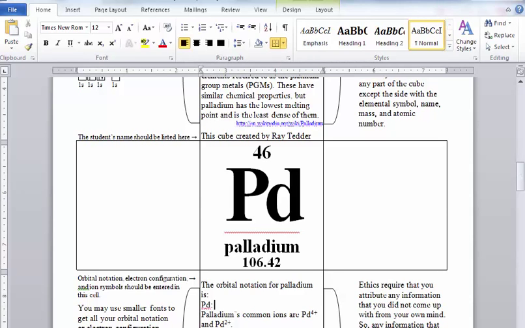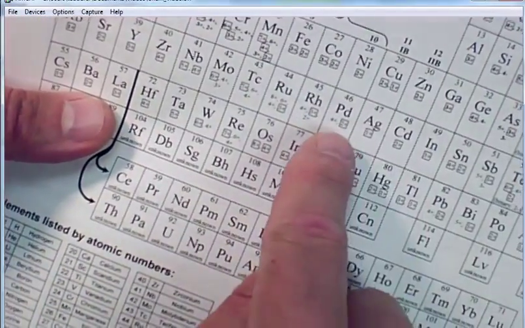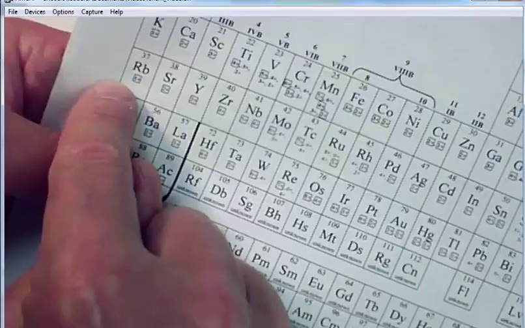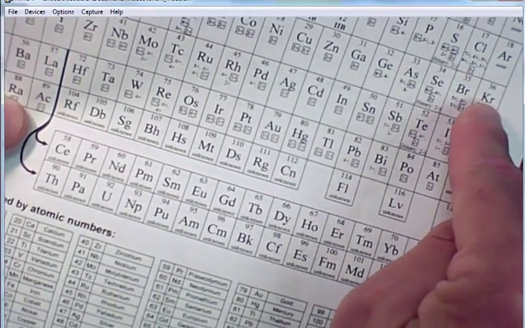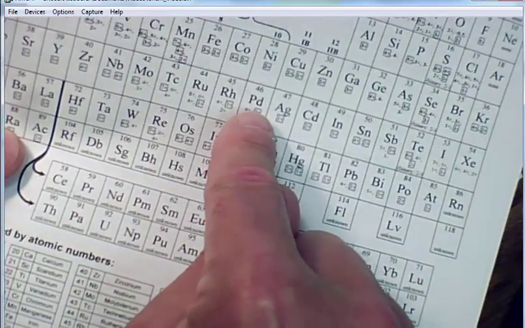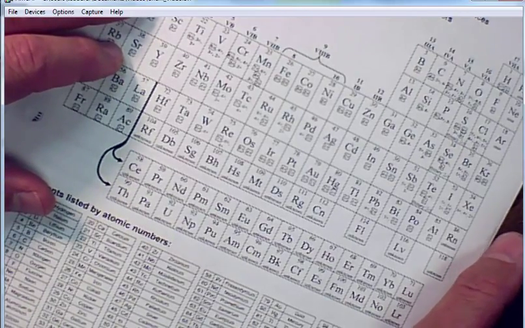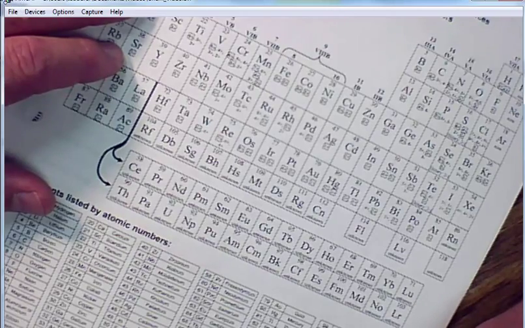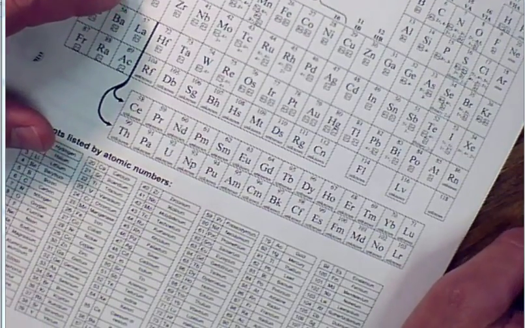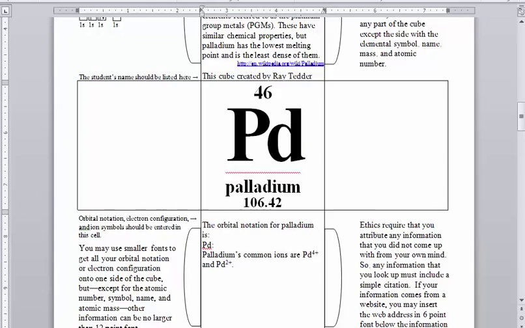To do that, we're going to find the next lowest noble gas. So here's palladium, the next lowest noble gas, going back, and then back to the next row. There's the noble gas. So krypton is the next lowest noble gas from palladium. Okay, krypton, not kryptonite. That actually doesn't exist. Just so you're clear, kryptonite is a fictional thing that's only used in DC comics when we're talking about Superman. All right, it's krypton, not kryptonite. So to create this, then we need to have some brackets. So bracket, Kr for krypton, close bracket,